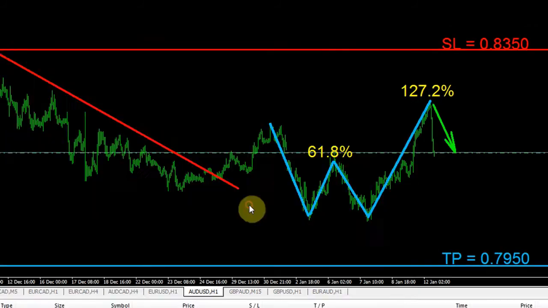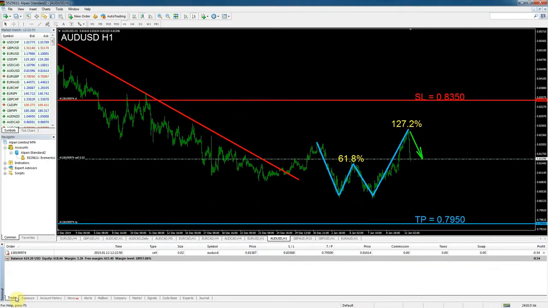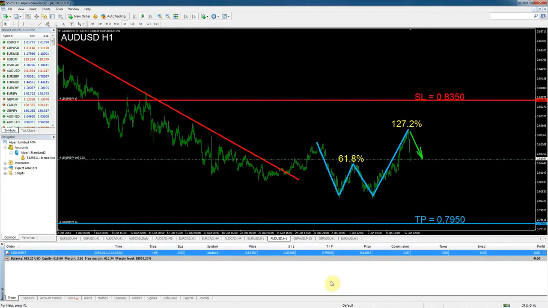Perfect, so there's our sell order over here, and it's all in the market. We just have to wait for the price to hopefully go in our direction. Alright, so we'll leave this order alone for a couple of days, and I look forward to seeing you on